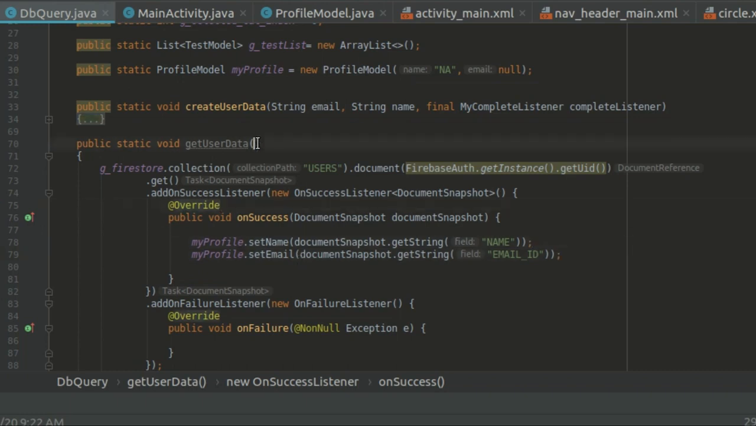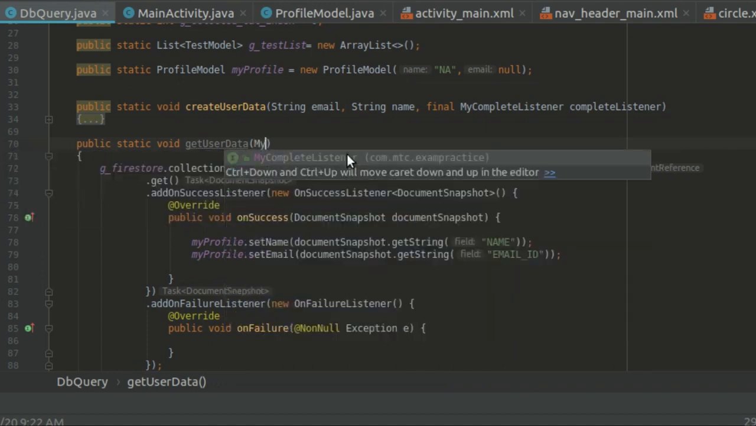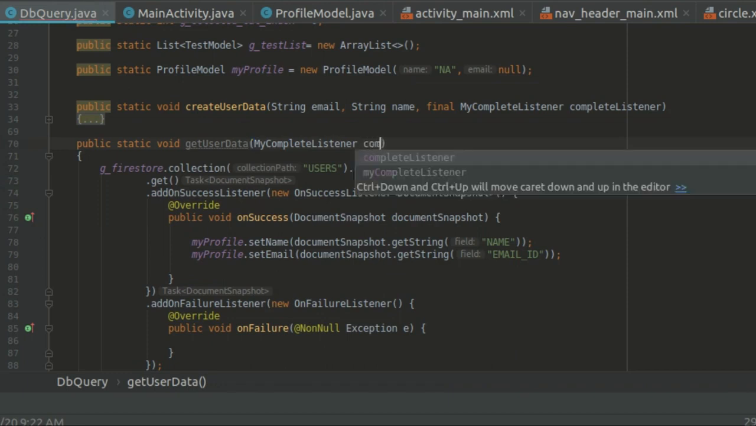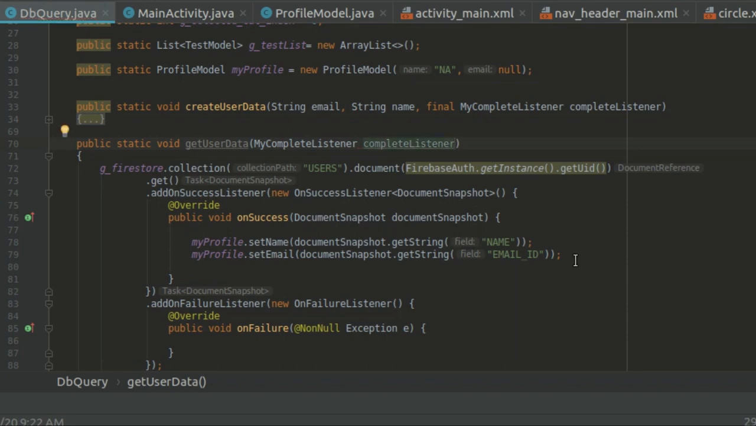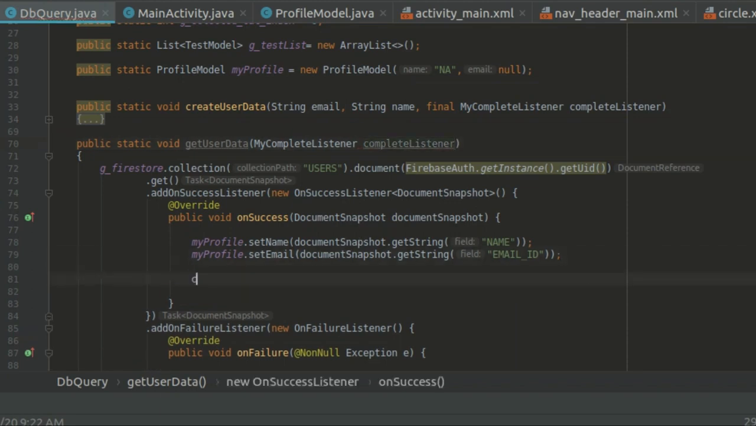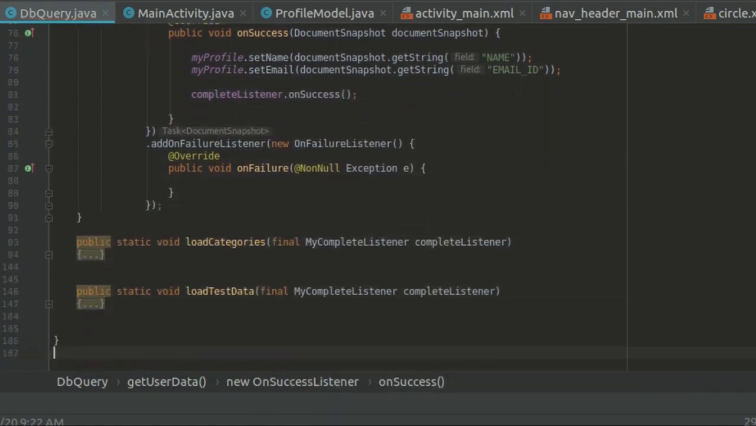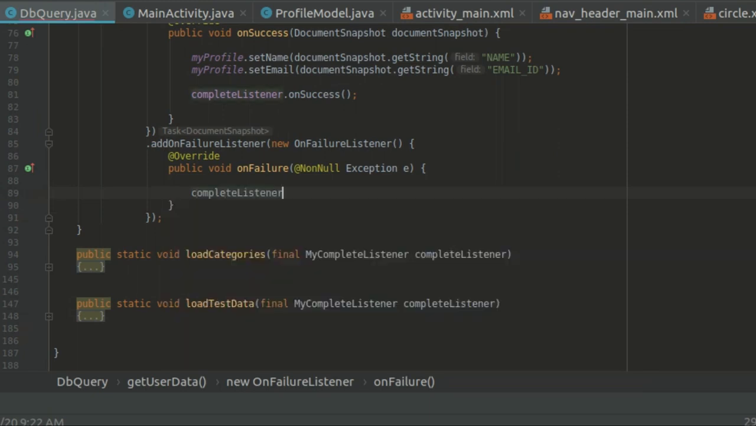Okay, now here we need one more variable, one argument, that is my complete listener. Let's say it's complete listener, and we will call this variable from here, complete listener dot on success, its on success method from here, and in case of failure we'll call complete listener dot on failure. Okay,